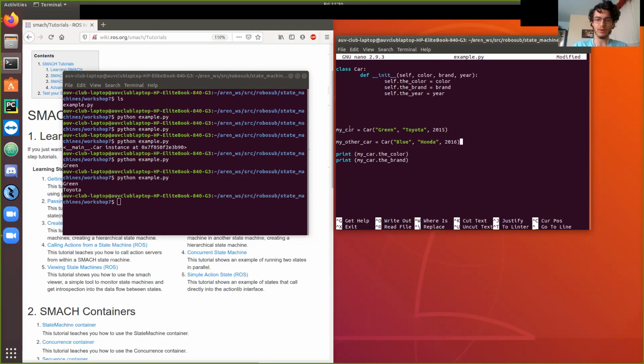So I have my car and it has this information, but I also have my other car and it has this information. And then over here, I could say separately, print my other car dot